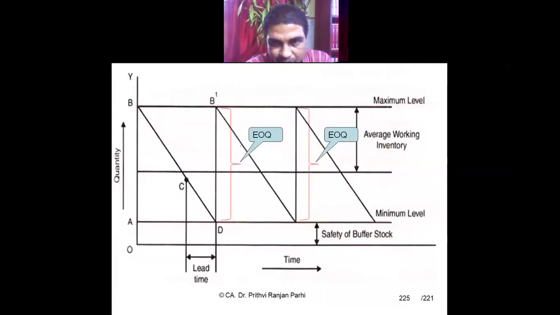Okay. Right? So this is called the maximum level. This is called the minimum level. This place I can call the reordering level. This is my lead time. And this is my safety stock. I think you have understood clearly how inventory is managed now. Right? Okay. So this is about